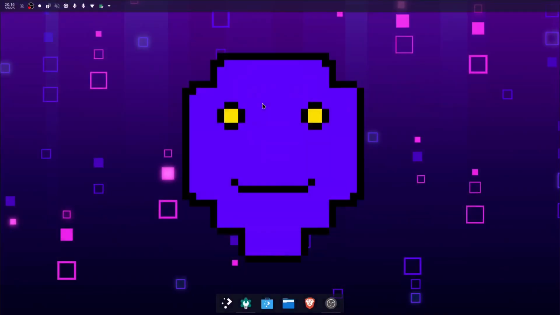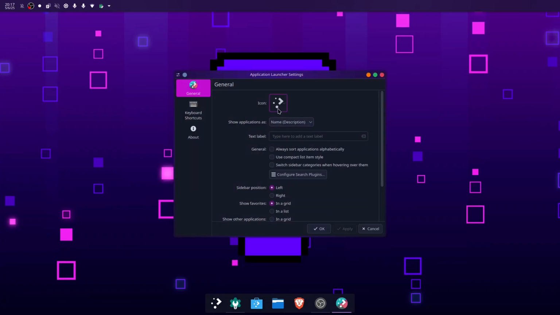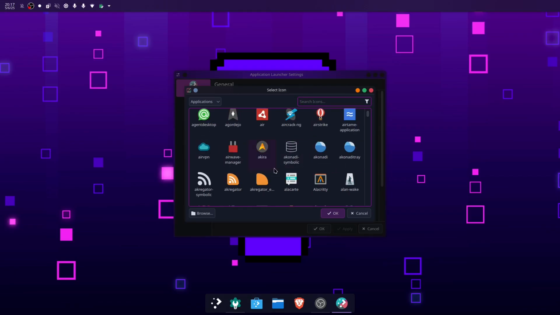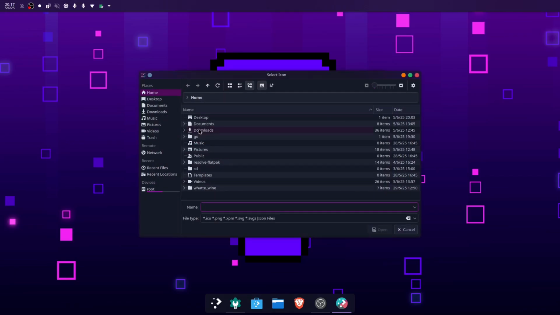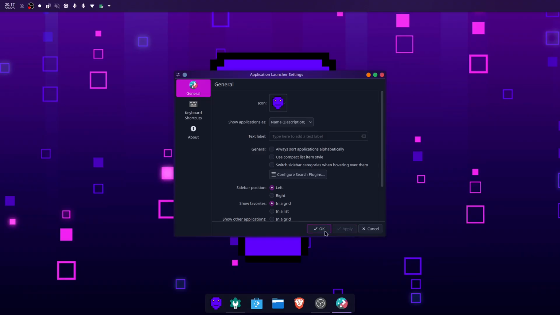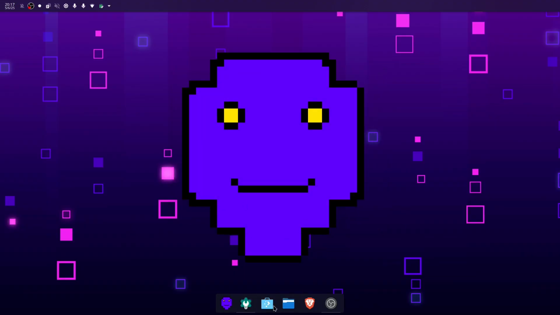Now go to the top bar and now we're going to configure the application launcher icon and change it. So the icon, you can change it to where the image is here, but I'm going to use my custom icon. It doesn't actually matter where you put it, whether it's documents or downloads. So I'm just gonna go select my custom image right here and apply. Now we are finished with ours,